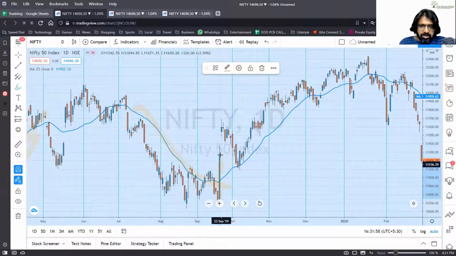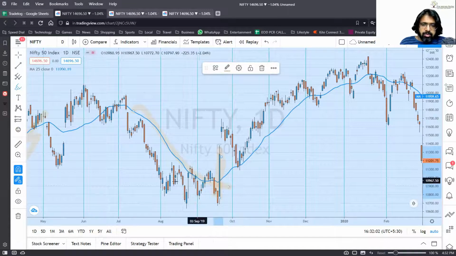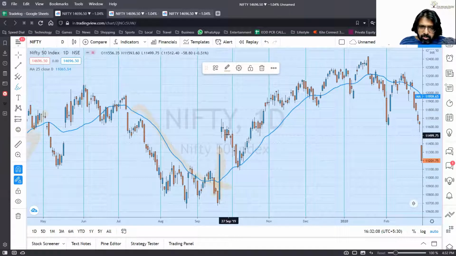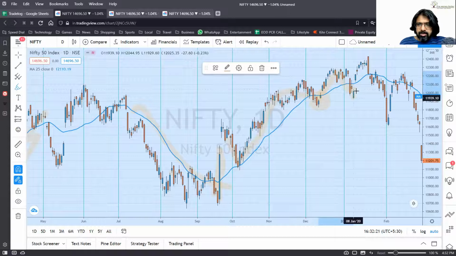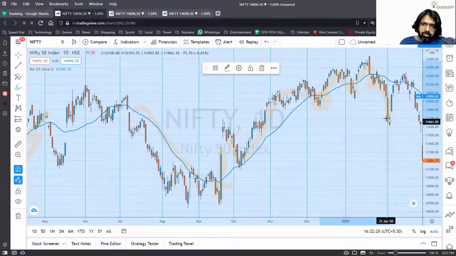And if this was a stock, you could have also seen that the volume might have been high, or there would be other clues also out here, some pattern or something. And you see here the price is again taking support from the moving average and is going up. Now here the price is cutting below it, but it's not sustaining below it. Again, here same thing is happening. Here the price manages to sustain below it, and it tells you that boss, this uptrend is over.